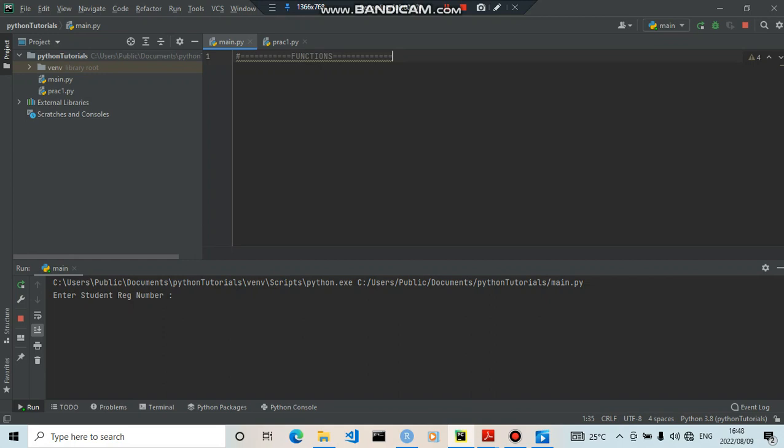So to begin with, what is a function in programming? A function is like a block of code which is only executed when it is called. A block of code which only runs when it is called. What I mean by that is that